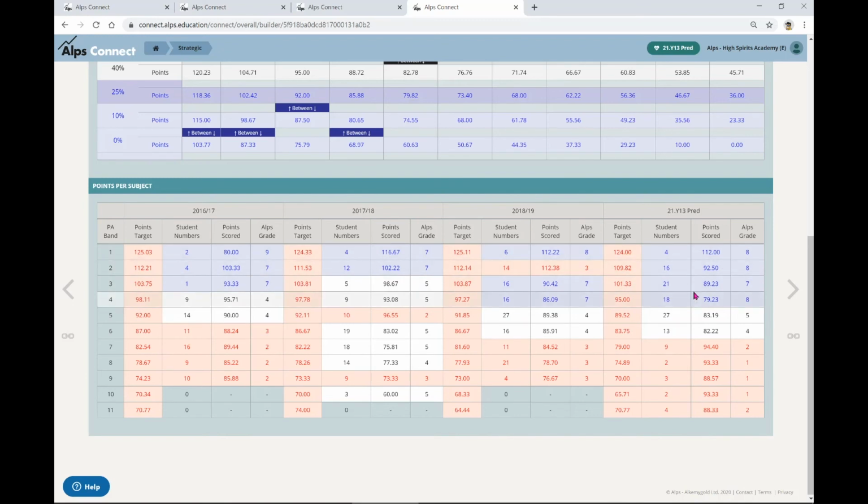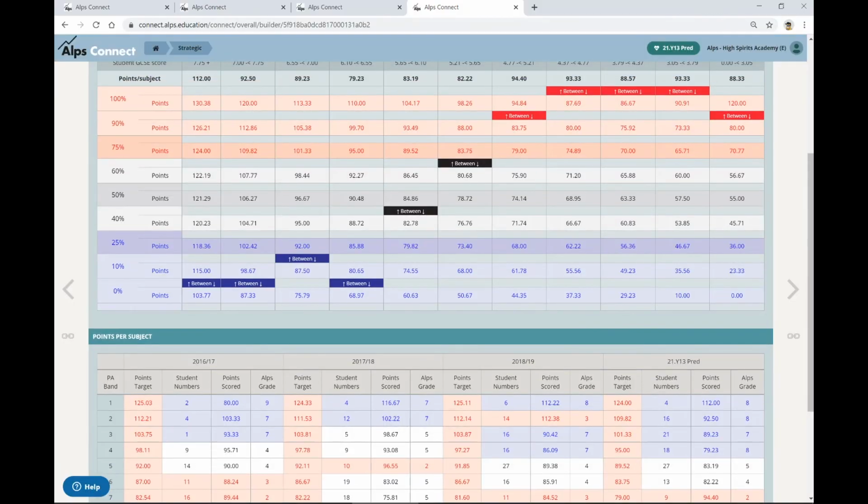So as a school, I'd have been asking the questions before we got to this point about how can we stretch these students and make sure that they're achieving in those subjects that they're taking in those bands, and I would hope to be addressing that much more with our current students and those current predictions.